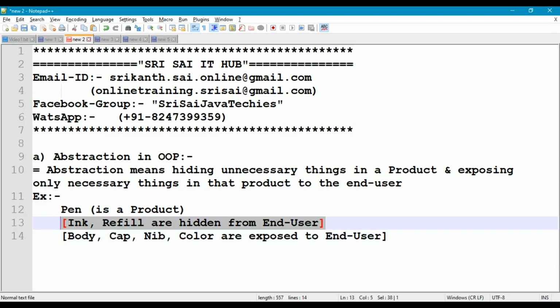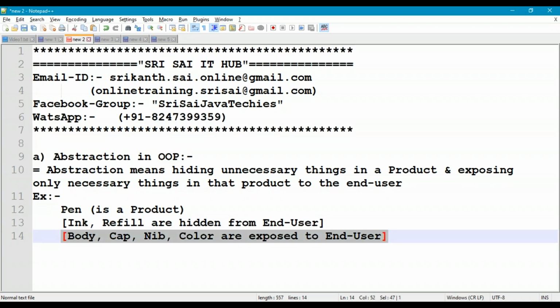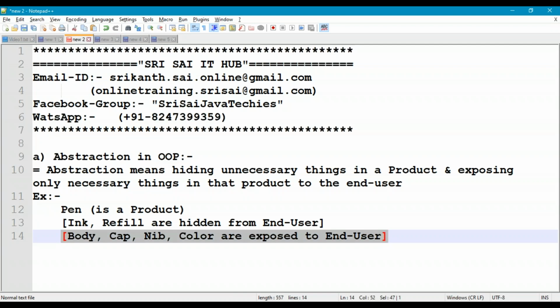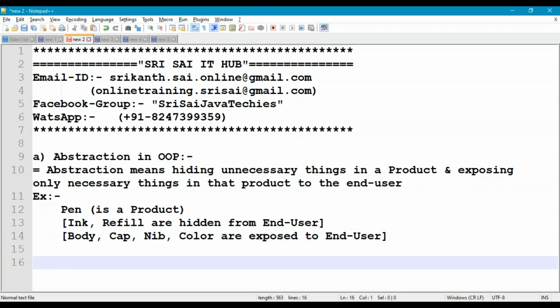Okay, so the ink refill is hidden from the end user, while the body, cap, and nib color are exposed to the end user. Hiding unnecessary things and exposing necessary things to the end user in a product is called abstraction, right? So how is this abstraction implemented in Java programming? Okay, right. So the note point goes like this: